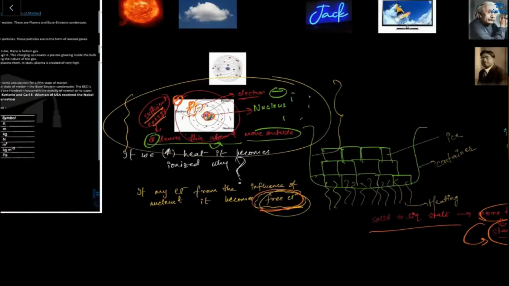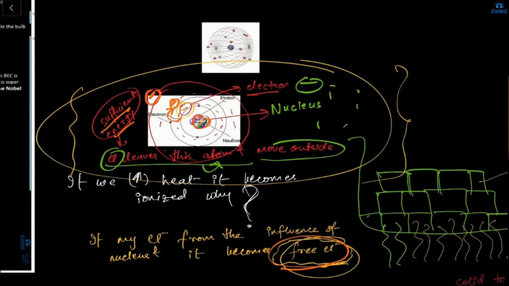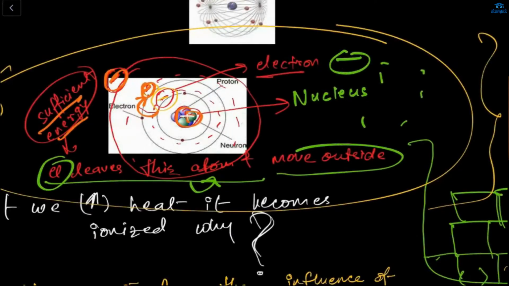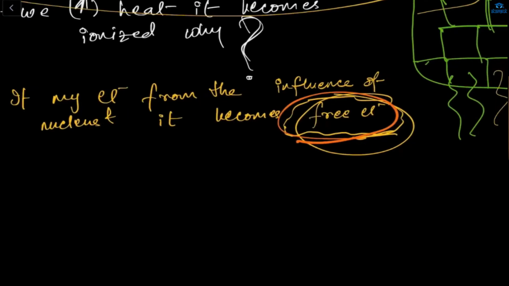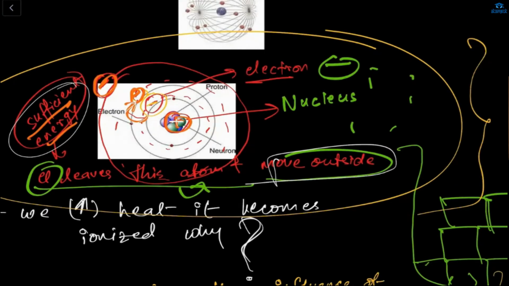So here, see, what's happening? This is my nucleus, and the electron is revolving around the nucleus. Right, Razi? So what will happen? If I give more energy to my electron, it will move to a higher orbit. And if I give more, then it will again move to a higher orbit. So let's say if we are giving a sufficient amount of energy to my electron, what will happen? The electron will leave this atom and move outside. Moving outside means my electron becomes a free electron, and it will move outside. Okay? Till this much, any doubt? No, ma'am. No doubt.